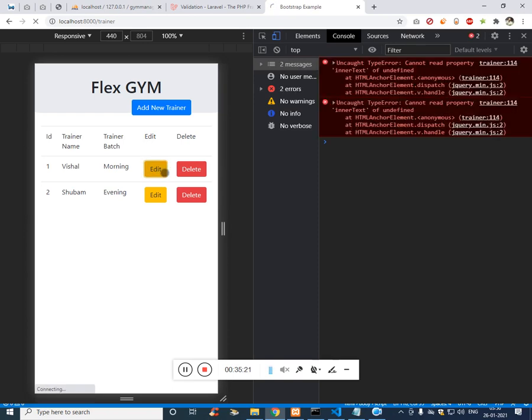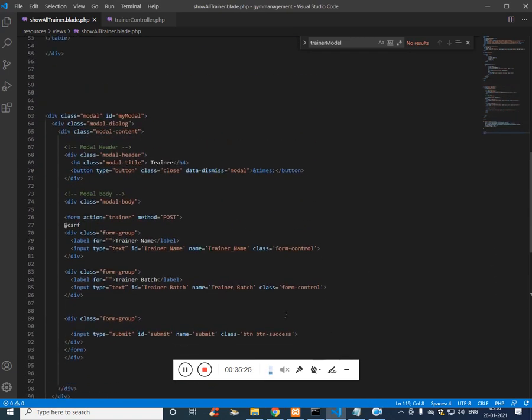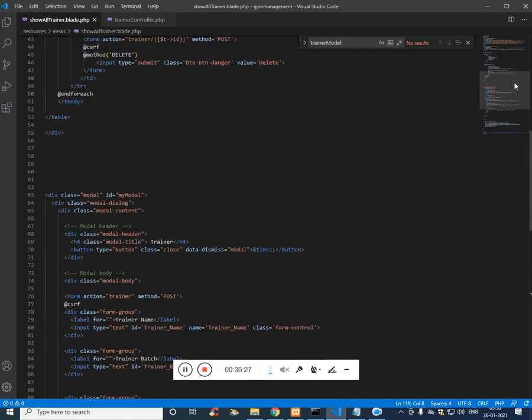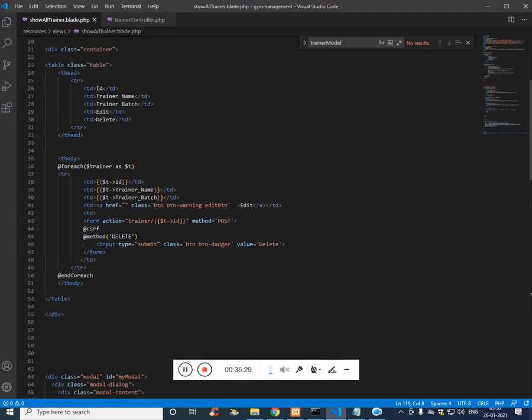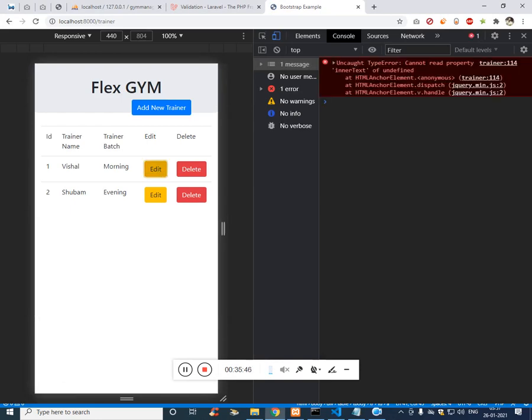So there is something happening. Let's see what it is. Once I click on edit, actually JavaScript :void 0. Click on edit.